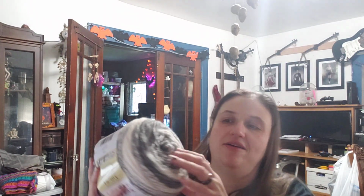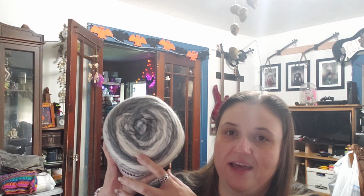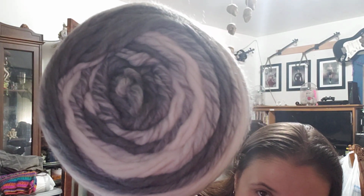And it's got grays and cream, and then a marled white gray right here. There we go. And let me see, this is also a bulky 5, which I agree with, and it's really soft and really squishy because it's roving. Oh, it's also important to note that it's a roving style yarn, so